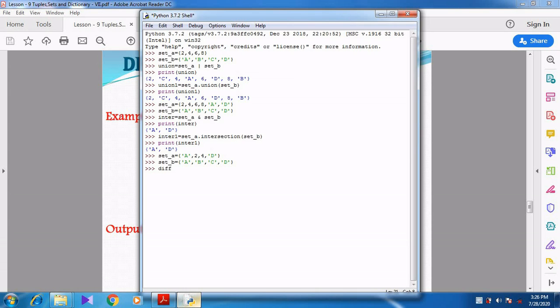So diff is equal to set_A minus set_B. Now I am going to print diff.